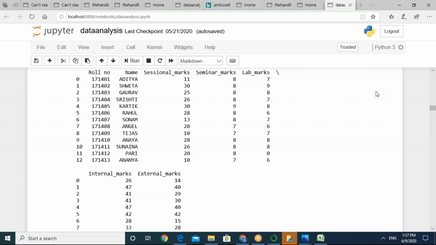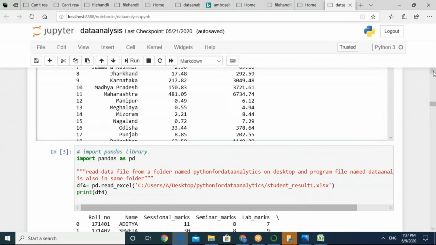I will give a brief overview of some of the methods that you can apply in order to have your limited data displayed. So here is the code. read_excel. The first argument is the path of the file, that's it. We have simply passed the path of the file to the read_excel method, and it is a method available in the Pandas package.